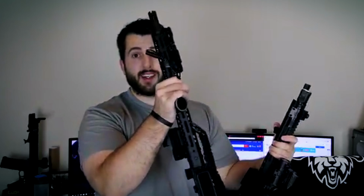They don't adjust from the front of the gas block, which they do on a lot of other models, which I think is kind of unfortunate and a little bit obnoxious, because if you have a longer rail, like say this guy, where it's a 15-inch rail, you're not going to be able to reach that gas block for adjustment. But